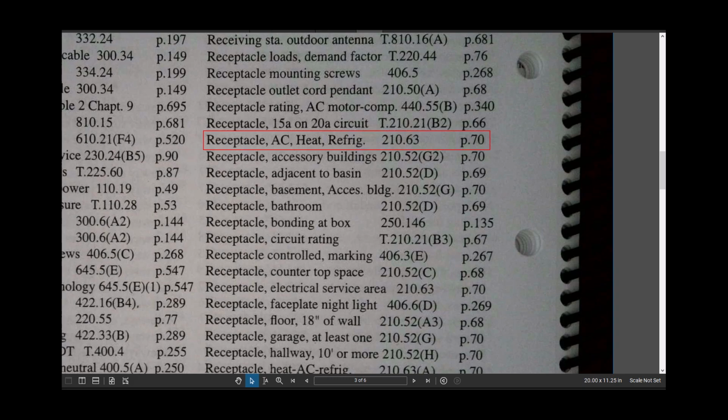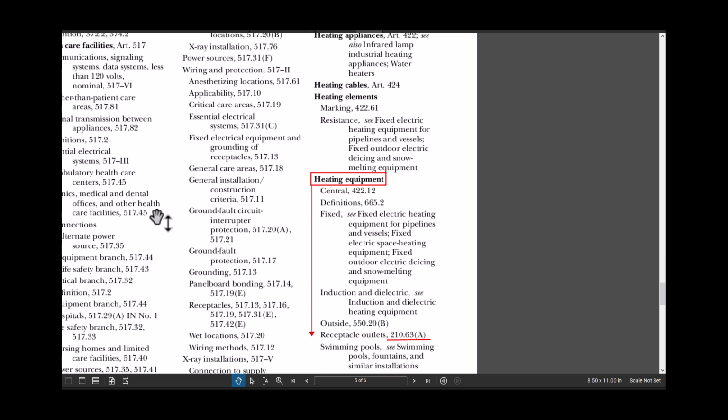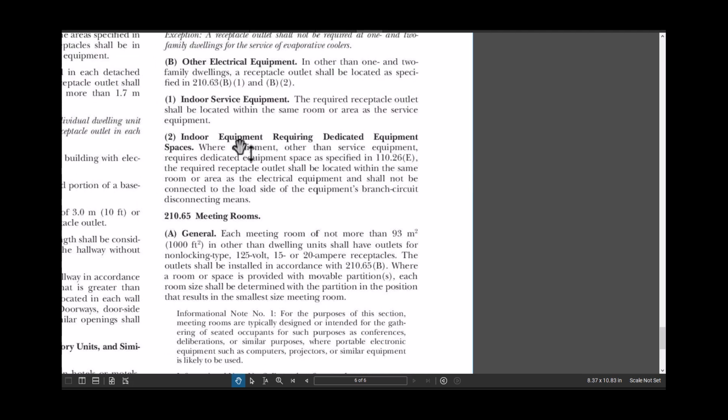If I go in the NEC index, first I go based on air conditioning and refrigeration equipment, then I go to outlet 210.63(A). This is one choice I have. The other choice I have, heating equipment, sends me to receptacle outlet 210.63(A). And if I go to see what this article says to me, I go to the